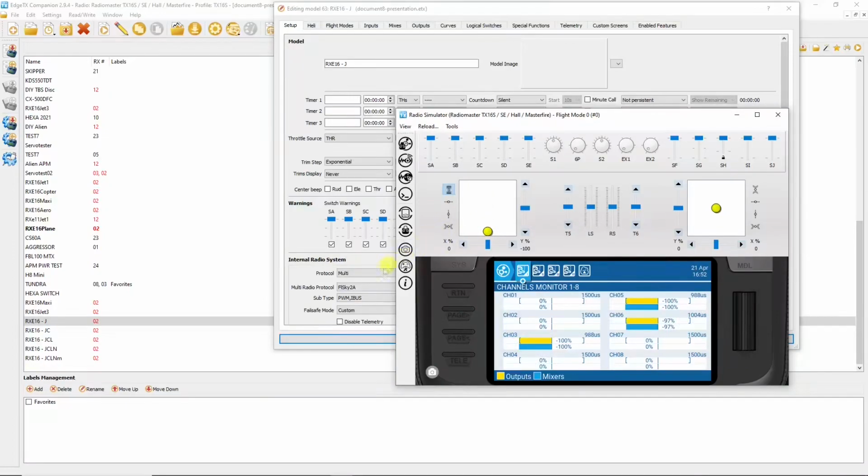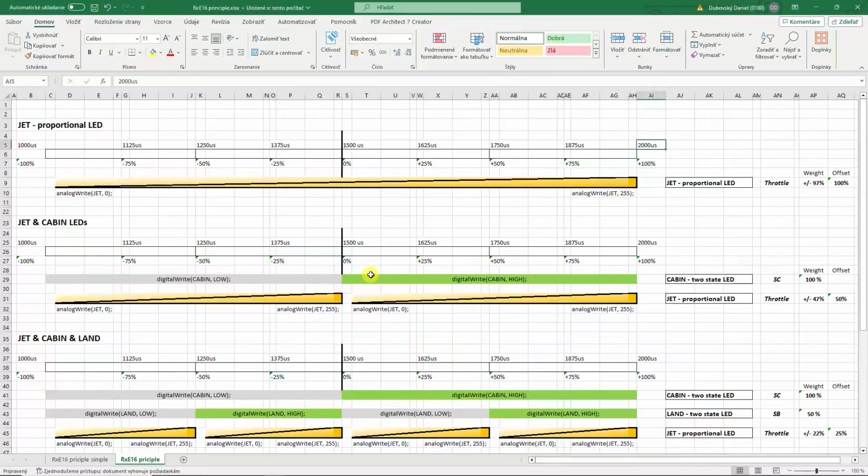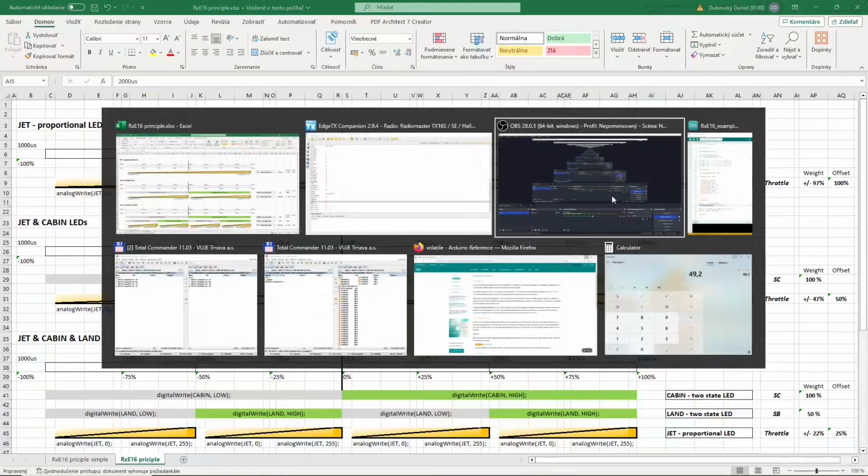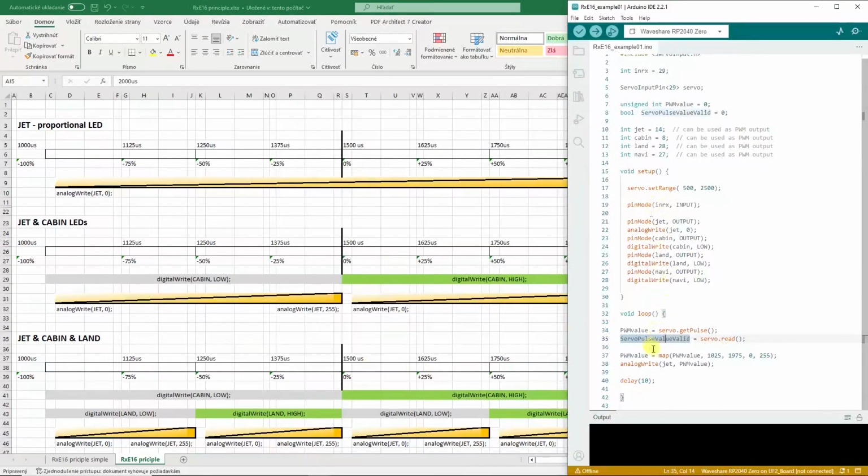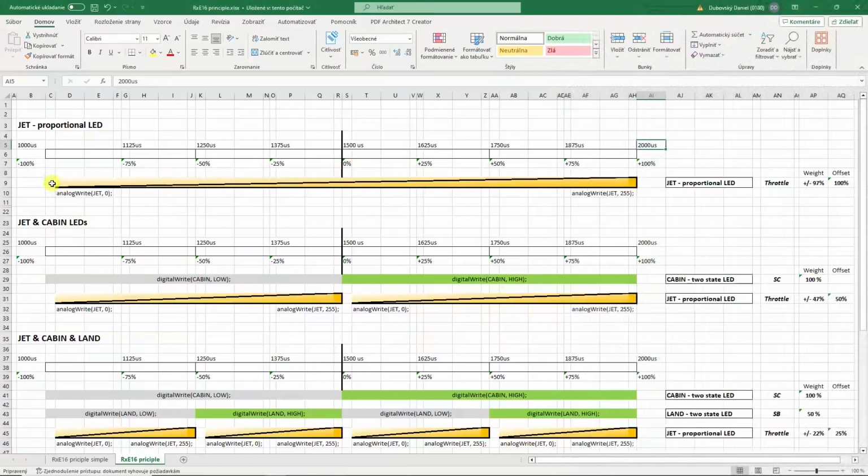And now, how will we decode this with Arduino? Quite simple. We will use the map command, and this is our example in Arduino. We will read the value from the receiver, this line, and we will map this value. And look, here we are from 1025 microseconds to 1975. Why? Because I chose 25 microseconds in this example,